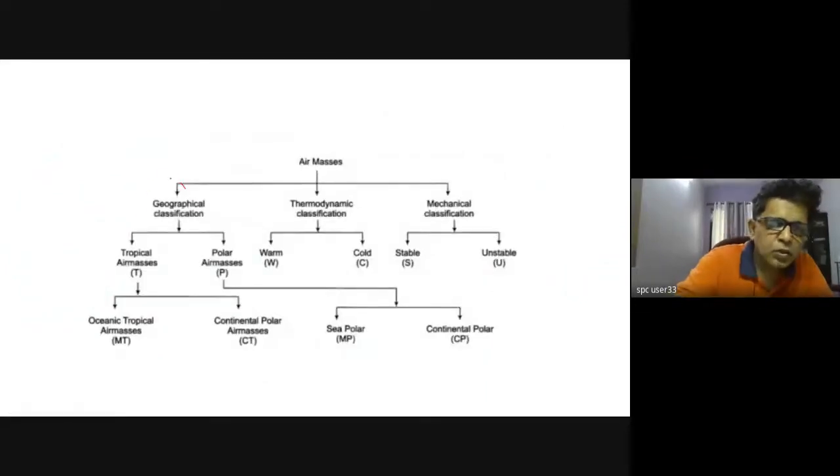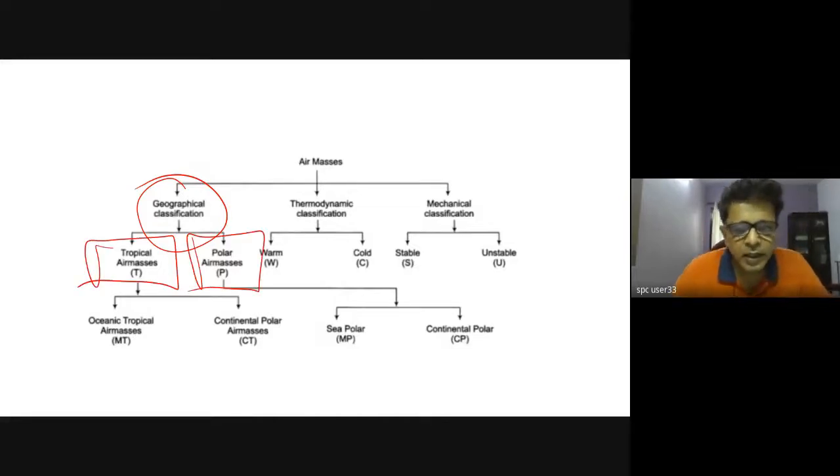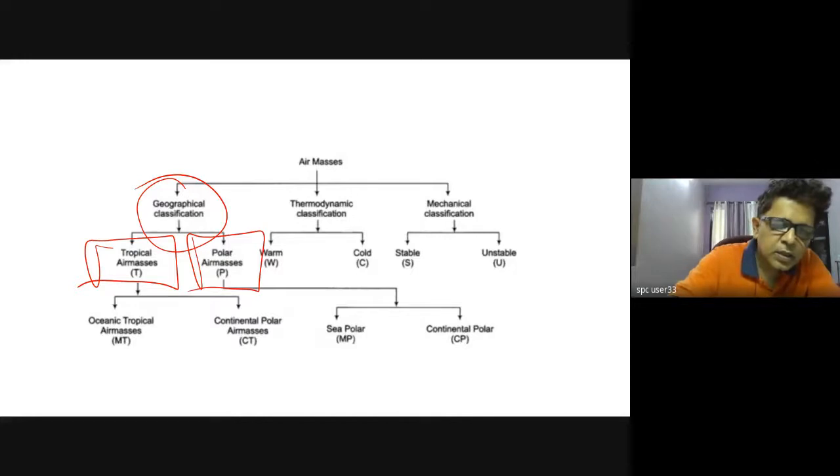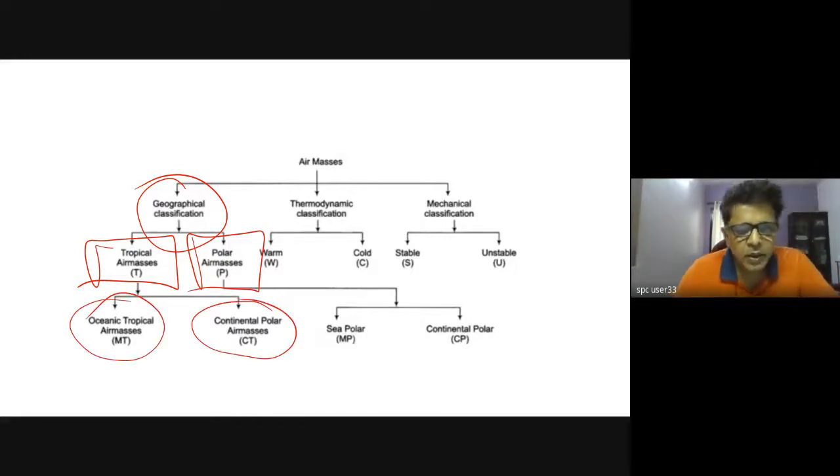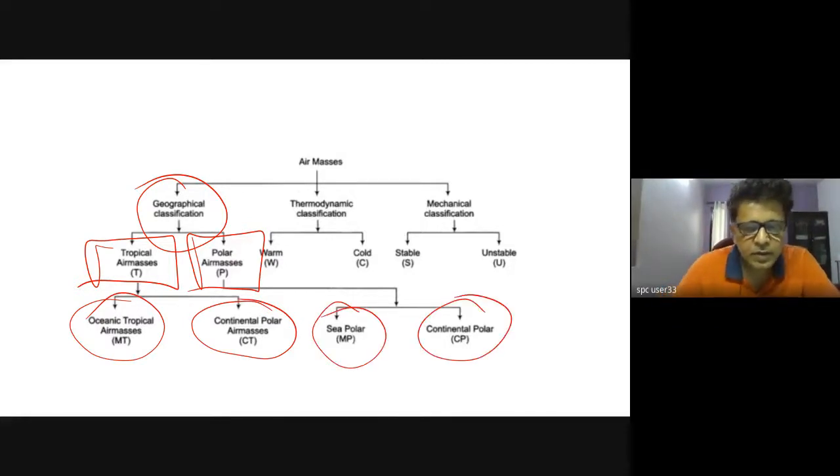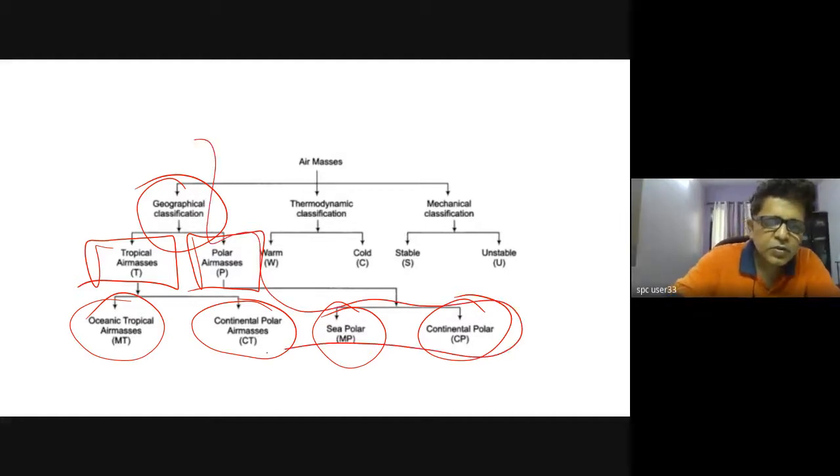We spoke about the geographical classification. We divide them into those coming from the tropical areas and those coming from the polar areas. Then you'll see that those coming from tropical and polar areas individually are further divided into those coming from ocean surfaces and those coming from continental surfaces. Similarly here also, continental and sea surfaces. So this is more to do with the geography of them, and that's why this is called a